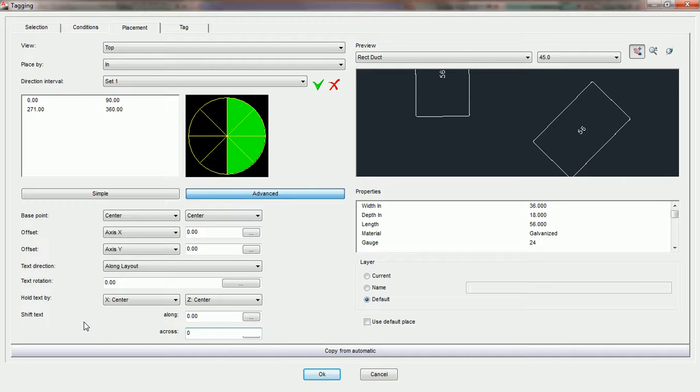The last option for position parameters are the shift text options. We have two fields here, one for along and one for across. Now earlier in the tutorials we were showing you how to use the offset X and Y axes. However, there are no tags in the software currently that were built in the Practicad data that use the axes